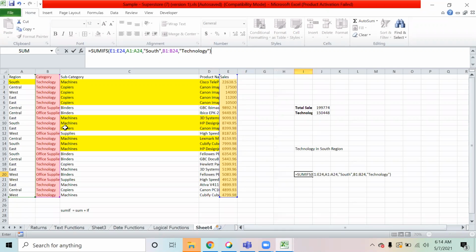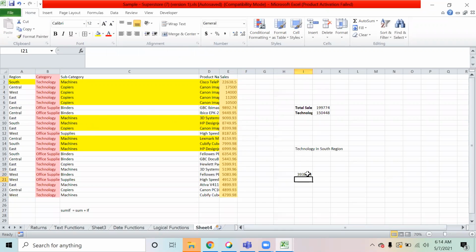That's it. Because we only have two conditions; if you want to give more than two conditions, you can do that also. Now if I hit enter, I get the same number, 39388, right? So please try this.